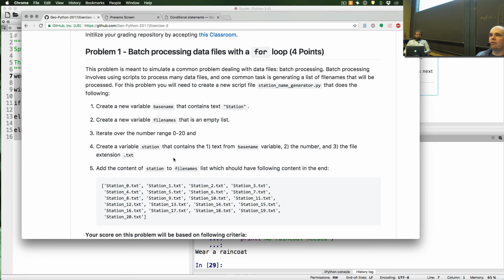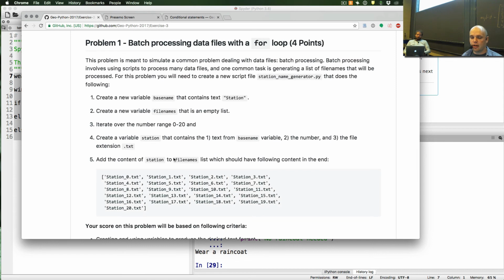You are quite often having situations where you have, let's say, a set of data, 1 million rows, for example, about species distributions or temperatures in different places, and the data is so big that you don't want to analyze it as one large chunk. Instead, you want to separate it into different files. So problem number 1 gives you an example,